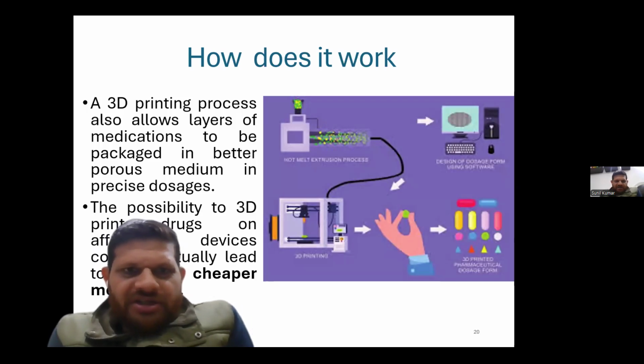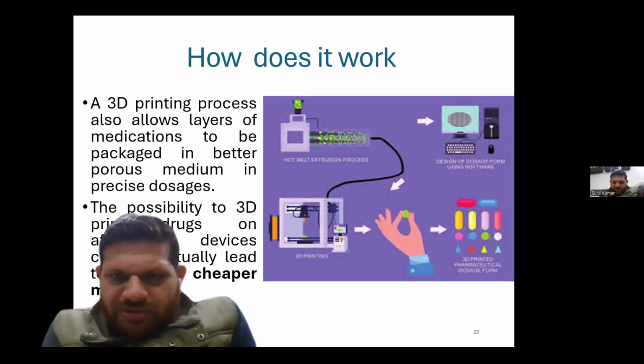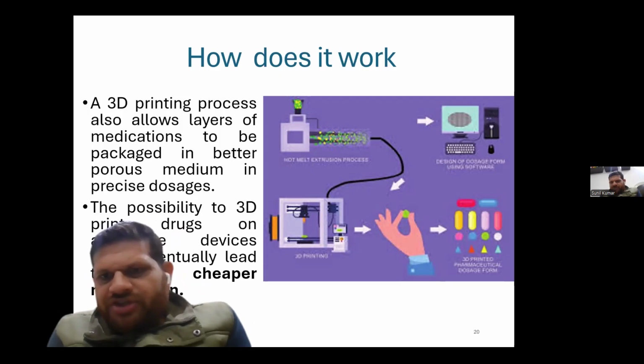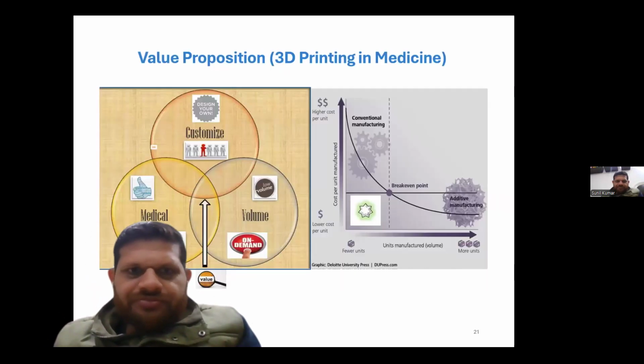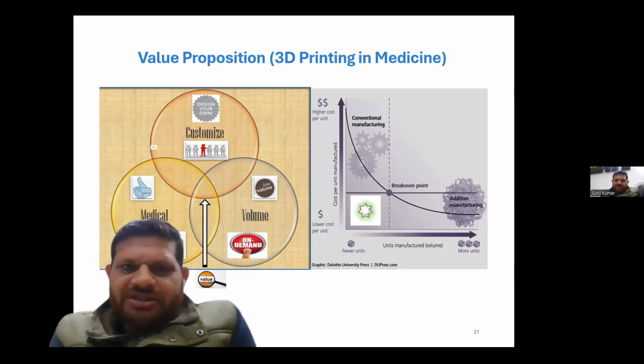So how are these printed pills or tablets made? The 3D printing process allows a layer of medication to be packed in a better porous medium in precise dosage, and the possibility of 3D printing drugs on affordable devices could eventually lead to cheaper medicine. So we have the hot melt extrusion process, in which the input is powder form, and the hot melt extrusion processor feeds the powder to the 3D printer, which creates the pills as per the required size and topology. So these 3D printers, with the help of a medical system, customized system or customer, and depending on the volume, give the